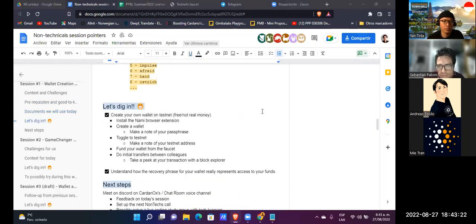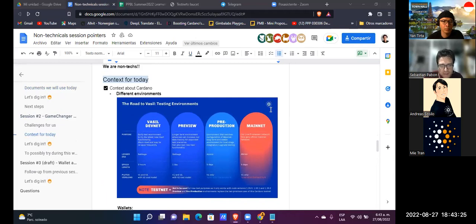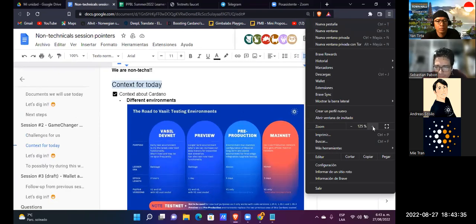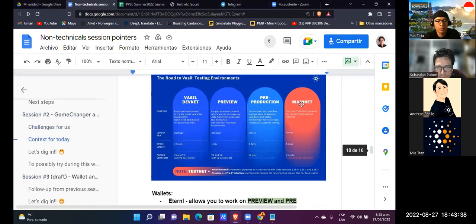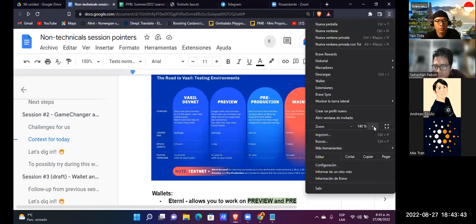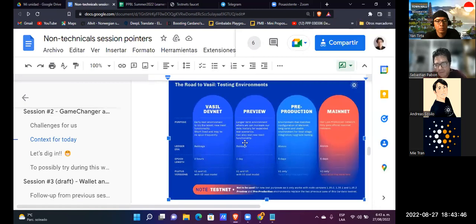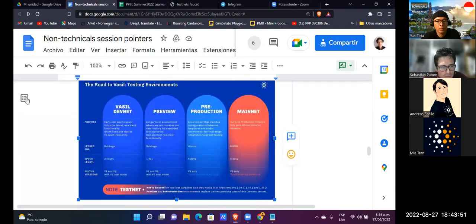Okay, we have here this document. This is a document of one of my colleagues in Gimbalabs. We have here the preview testnet and the pre-production testnet. This is very recent, and all this is something we are learning about what's happening with the testnet.